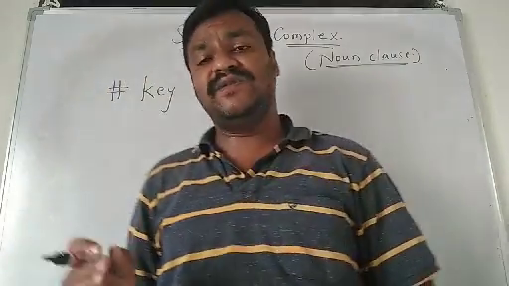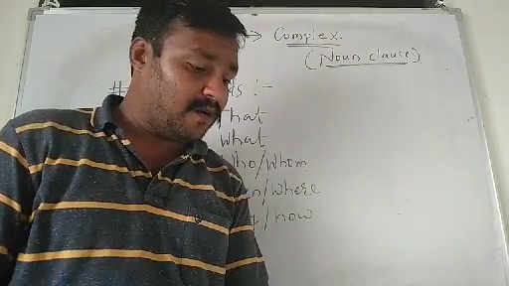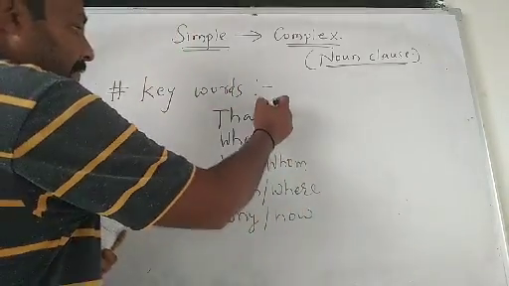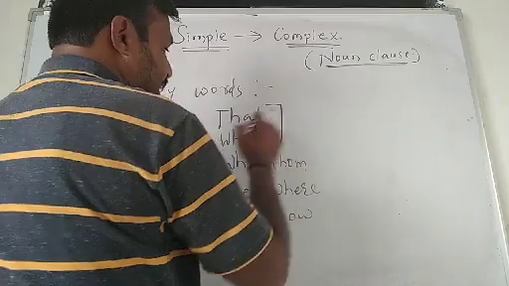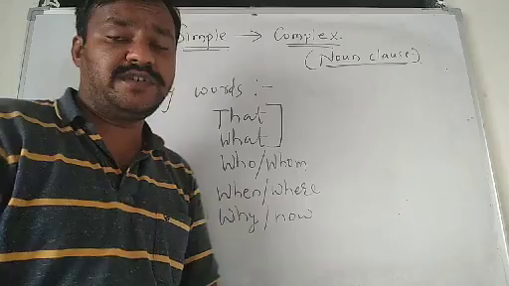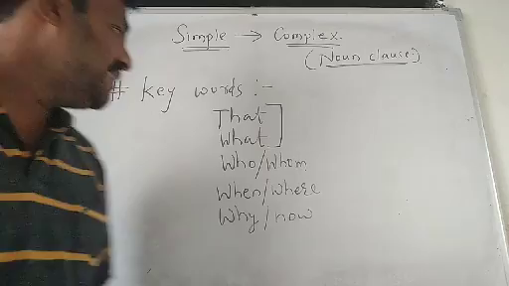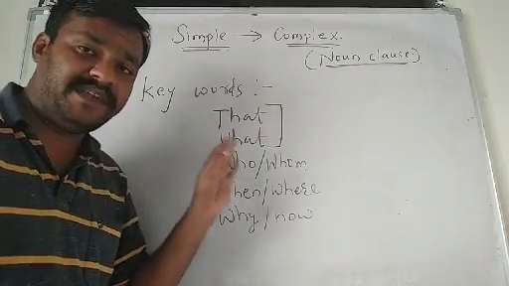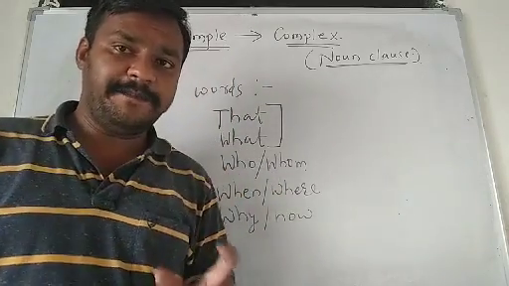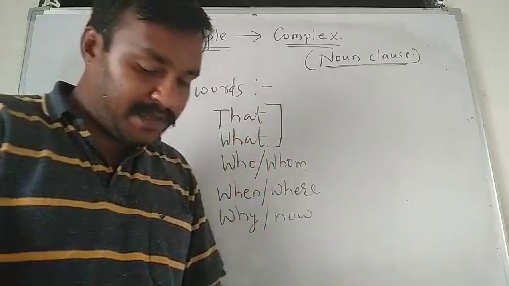These kind of keywords are used in noun clause. So we are going to change simple sentences into complex sentences by using that subordinate clause, noun clause. Most of the time, friends, these two keywords, that and what, are used for expressing noun clause. So which, that and what, most of the time, means we can consider like in 70% sentences of noun clause, that or else what, we can find it out. So how we have to change?